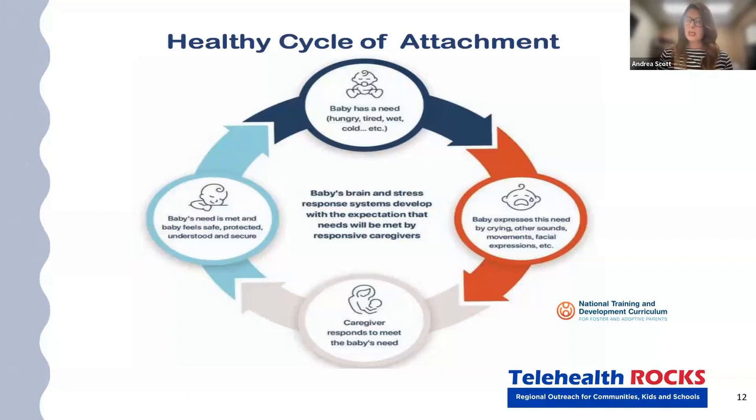I'm going to feed you. I'm going to change you. I'm going to comfort you. I'm going to rock you. I'm going to meet that need." And then their stress responses start to settle down because the caregiver is providing them protection, safety, and they feel secure, right? If you've ever had anybody that you live with, or maybe that is just your go-to person to say, "Hey, I'm really upset right now, but I really need to talk." Maybe that is your person of safety, and they're filling your needs, right? They are filling that need for comfort, and then your stress responses start to slow down. So next slide, please.